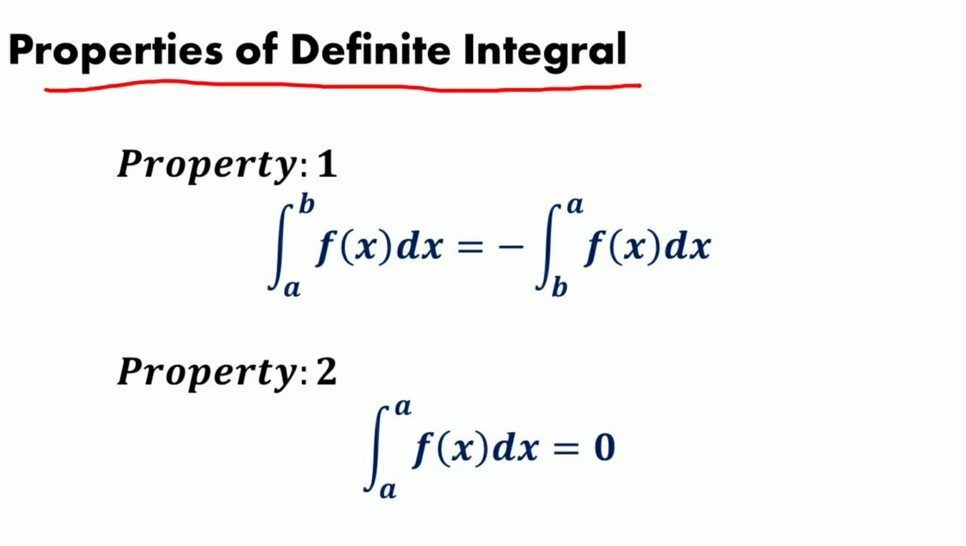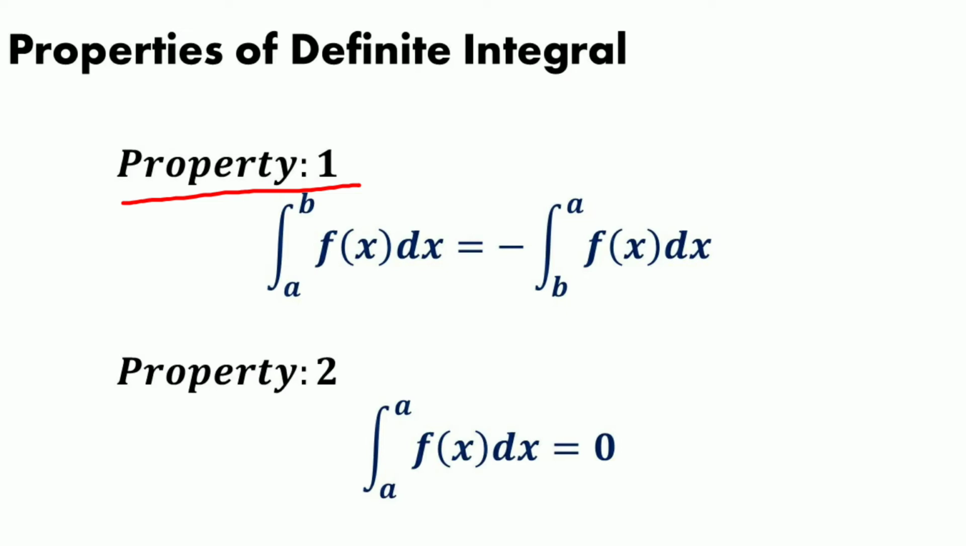Now we are going to discuss the properties of definite integrals. The first property is that we can interchange the upper and lower limits on any definite integral. What we want to do here is to put a minus sign onto the integral when we do the same. That is, the integral from a to b f of x dx is equal to minus integral from b to a f of x dx. That means here we put the minus sign before the integral when we interchange the upper and lower limits of the